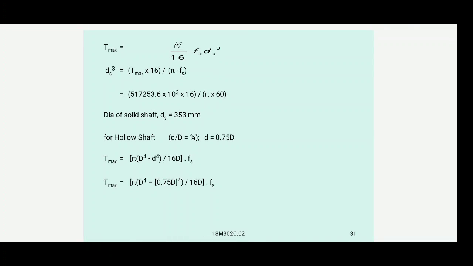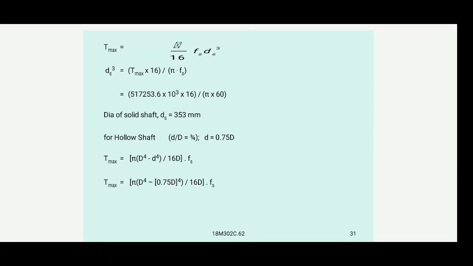T maxima is equal to 5 by 16 into Fs into ds cube. That is, ds cube is equal to T maxima into 16 by 5 into Fs. So we can substitute, we can get the diameter of solid shaft ds is 353.353 mm. For hollow shaft, small d by capital D is equal to 3 by 4,